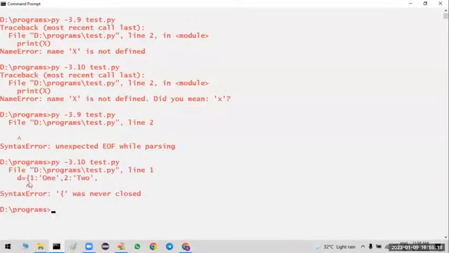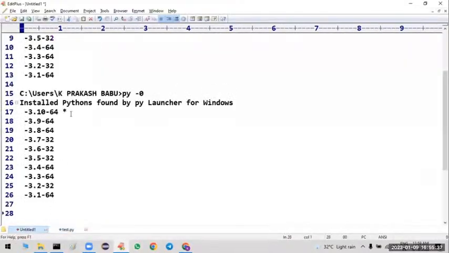Have you observed? Here it is indicating there is a syntax error: the open bracket you have used was never closed. You have not closed this particular bracket. Such more meaningful error messages were introduced in which version? Python 3.10. Not only this one, there are so many other things.